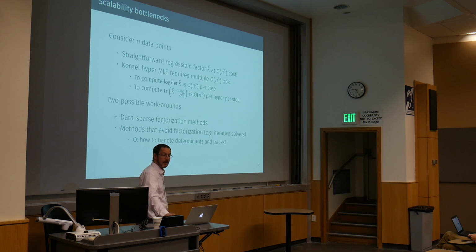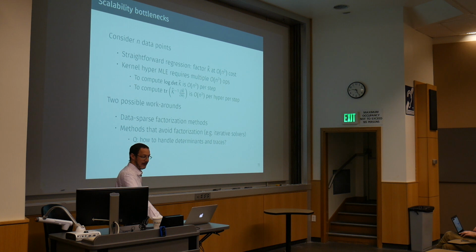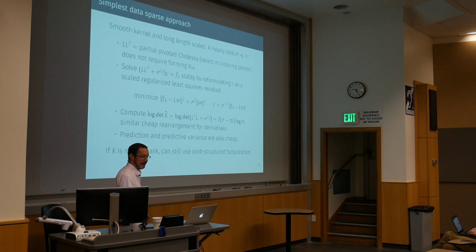How do you do determinants and traces? Yes? So are you assuming the kernel matrix is formed in memory? So no. Okay. Right. So all you have is a black box. Right? Okay. So the simplest thing that I know how to do is stuff that actually